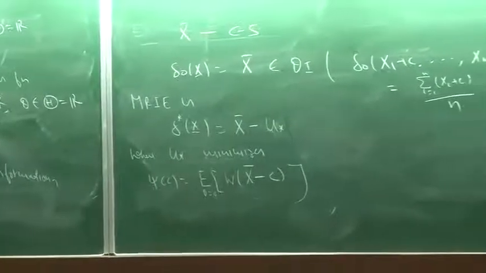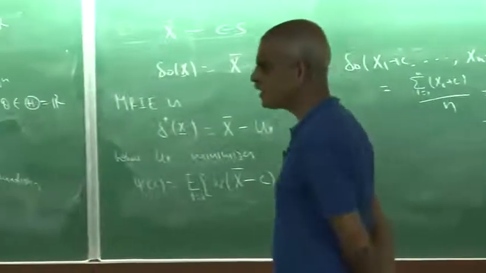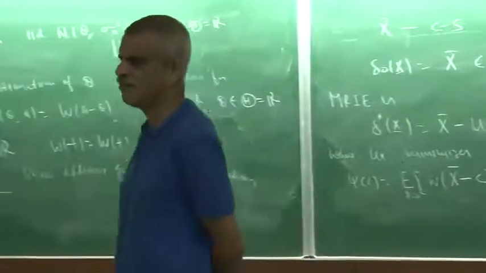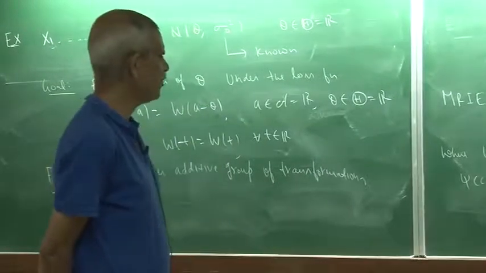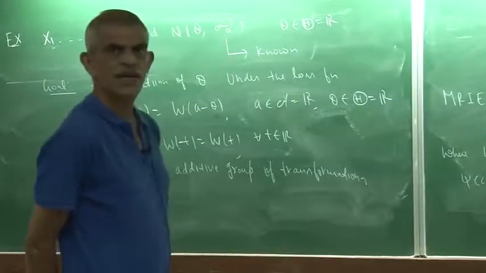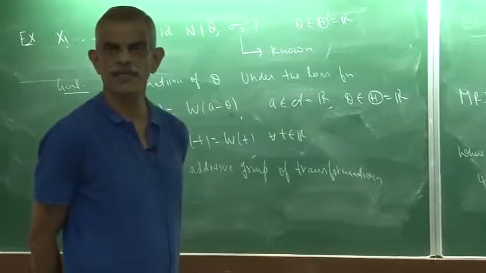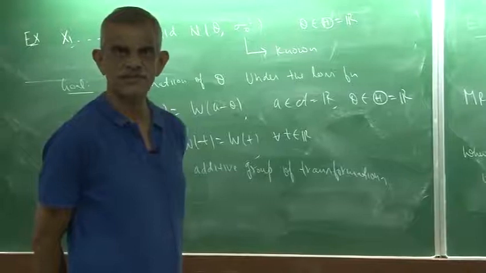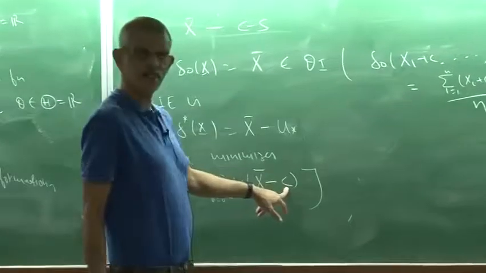Now W is very general. The only thing I know is W is even: W of minus c is the same as W of c. Now if somehow I can show that psi of c is the same as psi of minus c, then possibly using convexity of W, I may be able to prove that psi would be minimized at c equal to 0. You see, as a function of c, it is still a convex function,